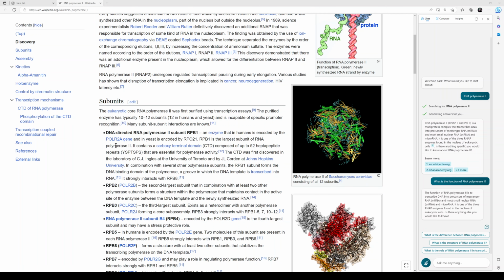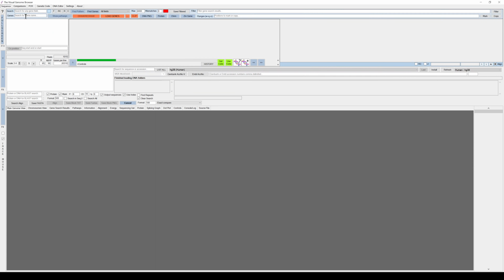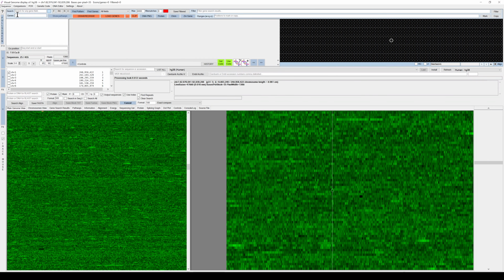POLR2A, and the way you load it in the Visual Genome Browser is simply typing in the name in the gene search box. So we go to the Visual Genome Browser. It immediately highlights the box, so you can just start typing POLR2A, and then it gives you a description here.